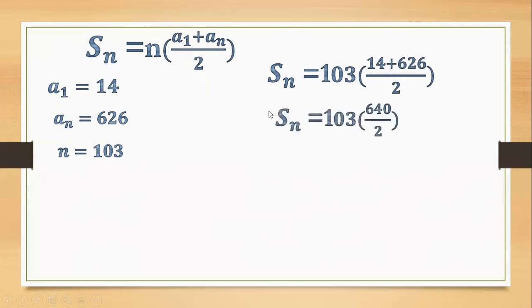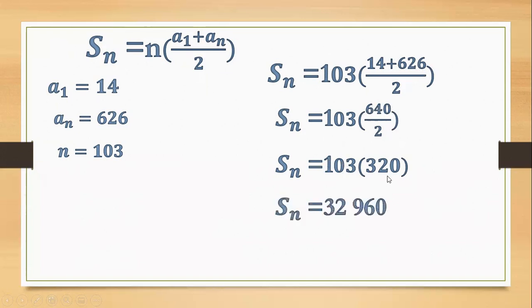So, copy n equals 103. Then, when we add 14 plus 626, it gives 640, over 2. Next, divide: 640 divided by 2 equals 320. So just copy 103. Then multiply 103 times 320. The answer is 32,960. So the sum is